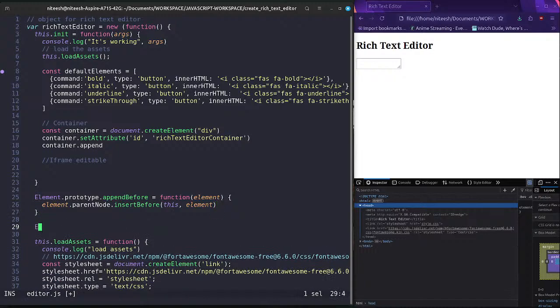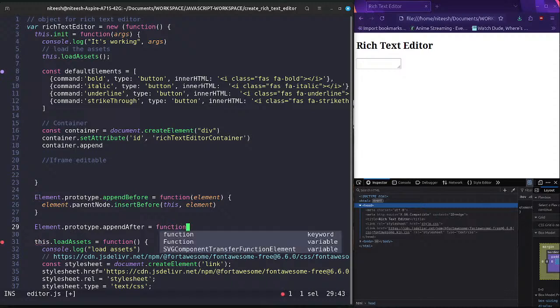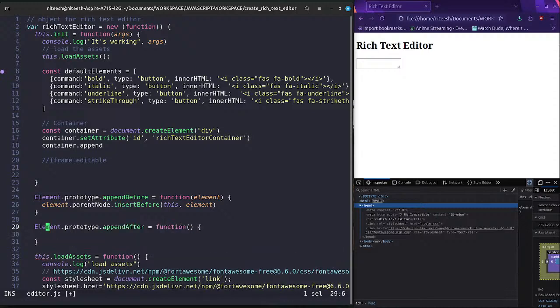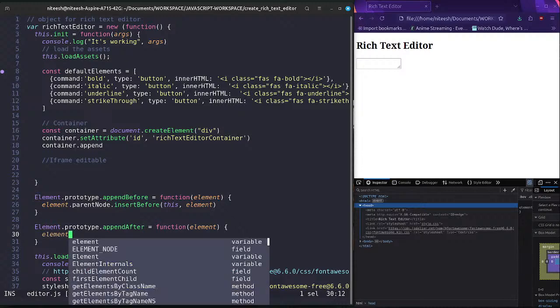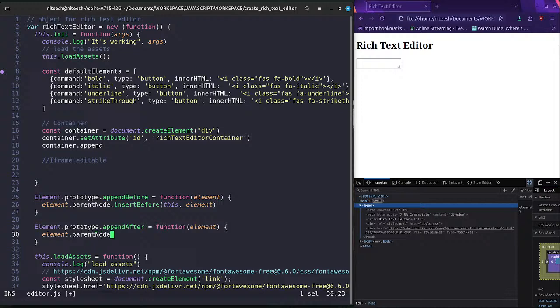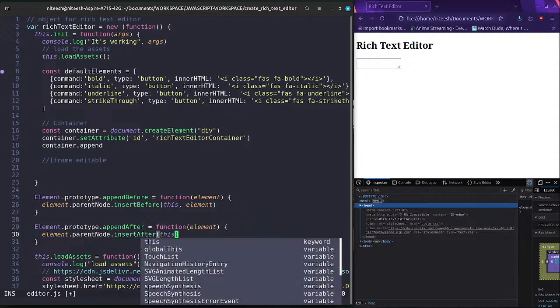Let's create the same for appendAfter also. Dot appendAfter function. Okay. After this,